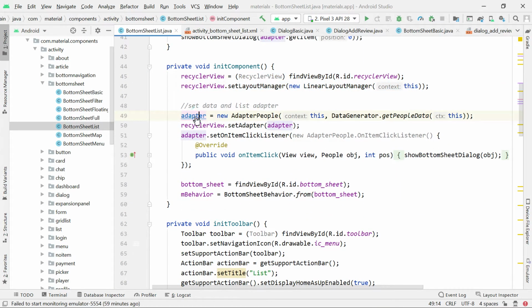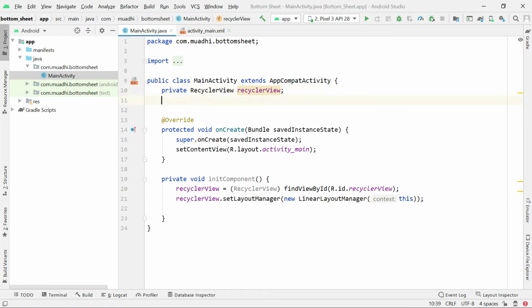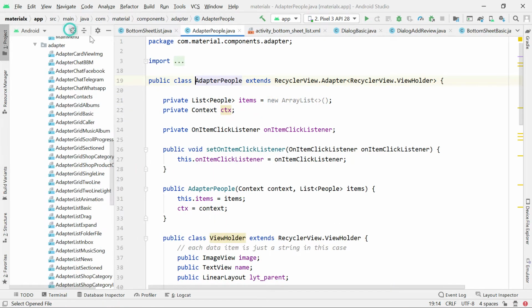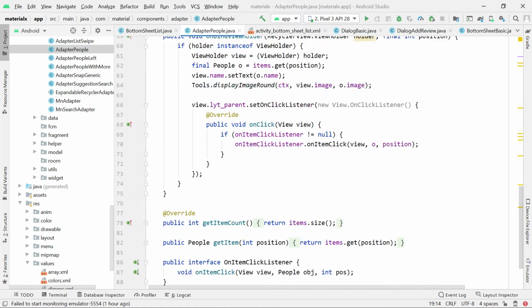So our adapter is ready here, so I'll just simply come and create the adapter next to this bottom sheet. The adapter will cry because it's not there. I can either create it step by step, or I can drag and drop it and explain it. I can just press Ctrl and click on it to go to where this adapter is. I call it people adapter.